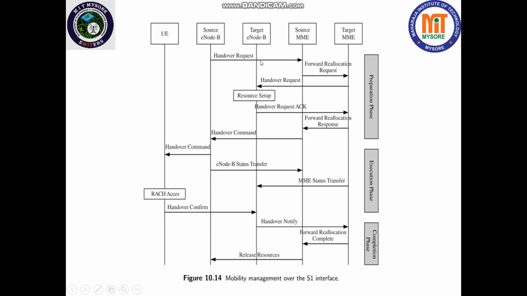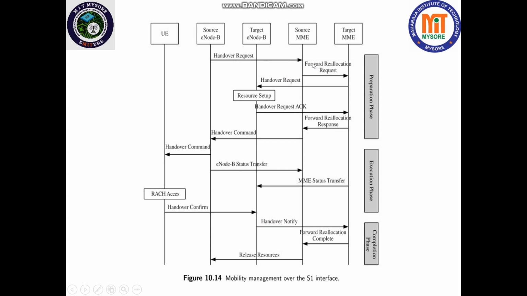When this receives the handover request, it will check the authentication and details of the user equipment, and it forwards it to the MME in another city, which can be called the target MME. Similarly, the source eNodeB is the base station in your city. In the other city there is another base station you are moving to, that is, you can think of the target eNodeB.